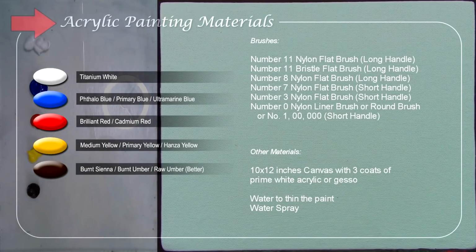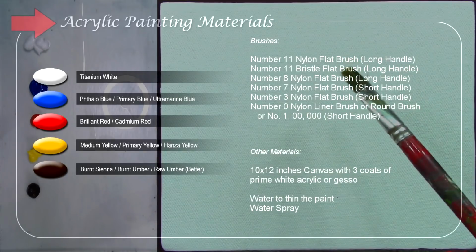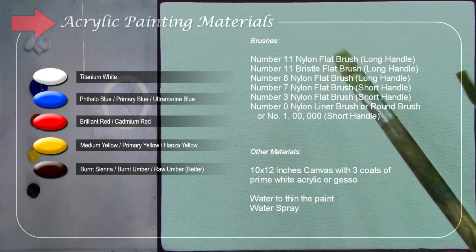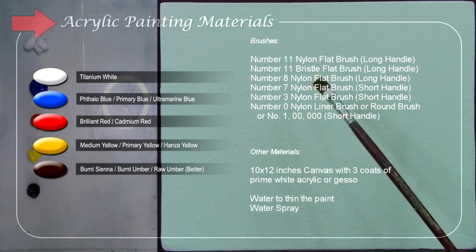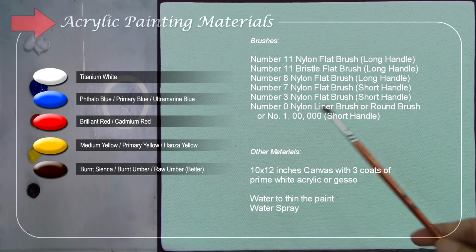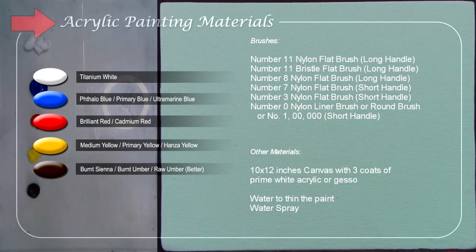Okay, and these are my brushes. I'll just be using a few brushes. I'll be using the number 11 nylon flat brush, long handled, number 11 bristle flat brush, long handled, number 8 nylon flat brush, long handled, number 7 nylon flat brush, short handled,